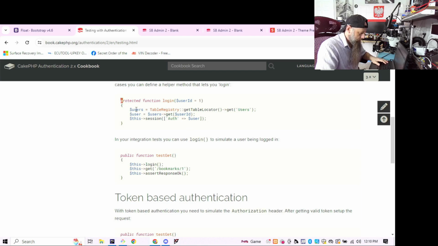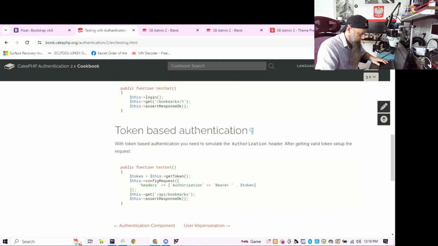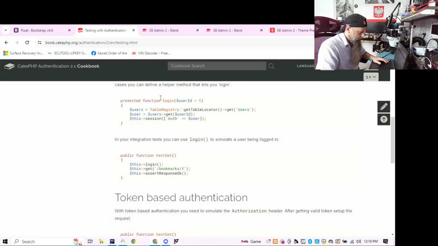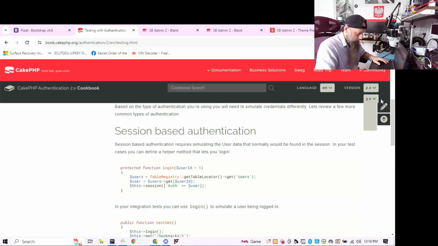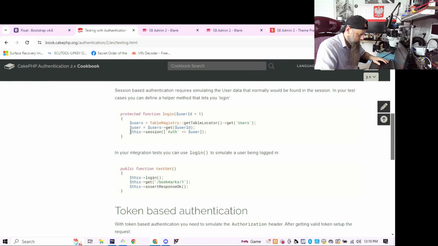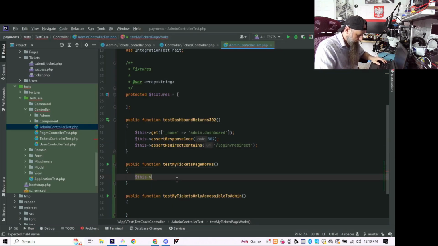So this is like a method login, right? Token-based authentication. Not much here. But this is recommended, or as far as I can see, this is recommended method of setting the authentication. It does, well, let's try it. So we're gonna do